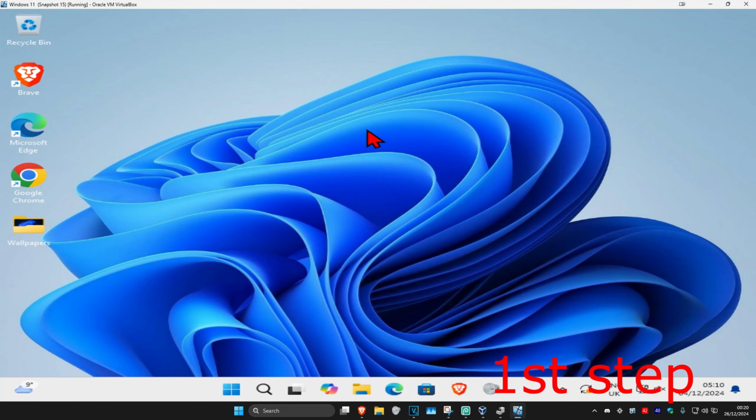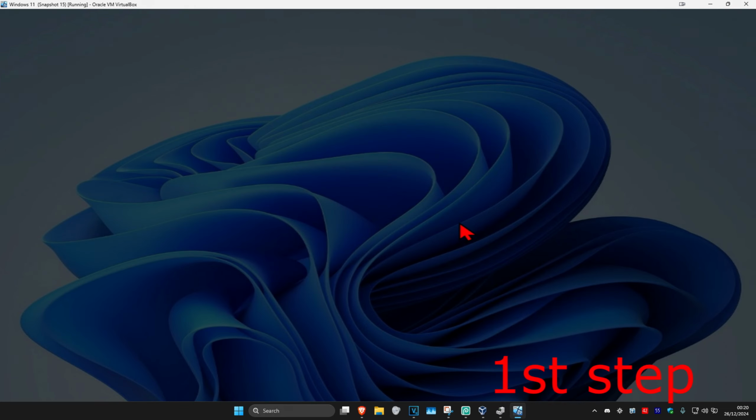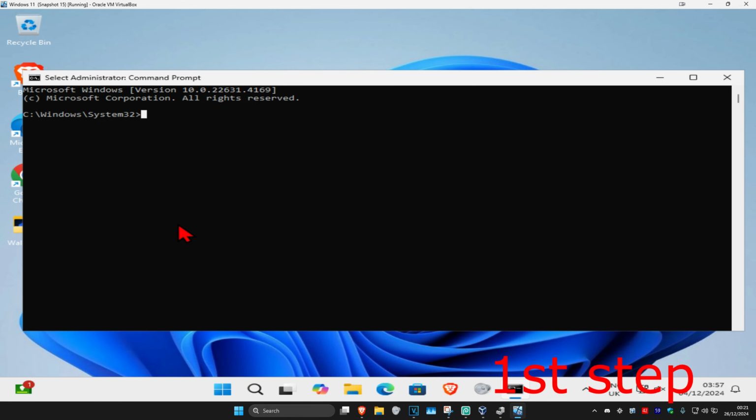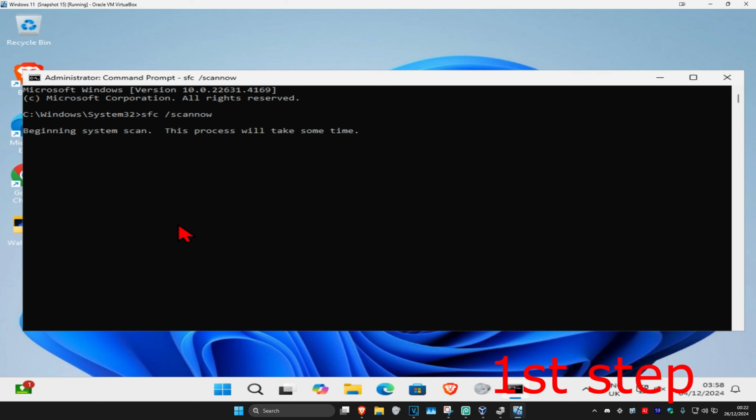So guys, for the first step, you're going to head over to search and type in CMD. Then you want to run it as administrator. And then click on yes. And then once you run this, you're going to type in sfc /scan now, and then click on enter. Then you want to run this scan. We can run it in the background as you complete the next steps in the video, so you just want